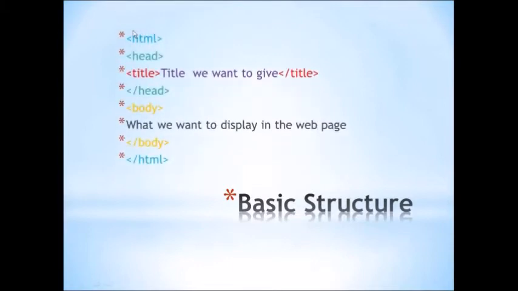Okay. Now, the basic structure of an HTML document. This is the basic structure of an HTML document. The very first tag of an HTML document is html. This is in blue color, and its closing tag is also in blue color. Opening and closing tags are compulsory for us to write. Then, after this html tag, we use the head tag, which tells us the heading of the particular page.